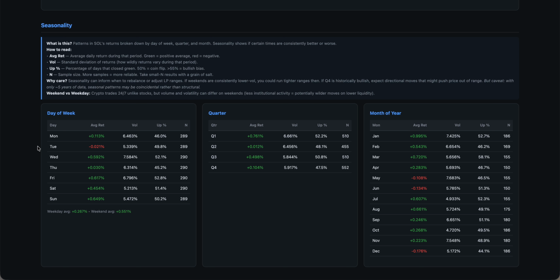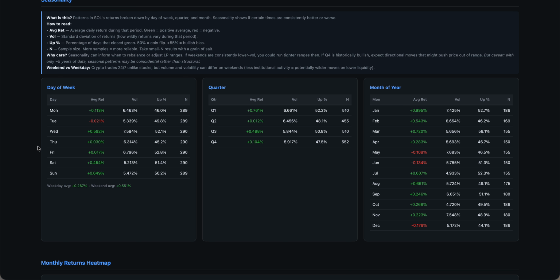Seasonality, which is also interesting and important for the prediction markets. As you can see, 53% probability that Friday will be positive. This is beneficial data to bet on the daily predictions on Polymarket, whatever else. You may actually do that, or you have the least possibility to open and close in green on Mondays as well. These are the monthly data and quarterly data, which is very close to 50-50 in most cases, which also